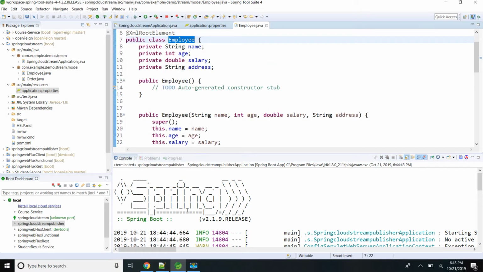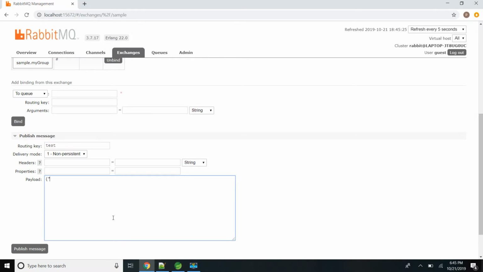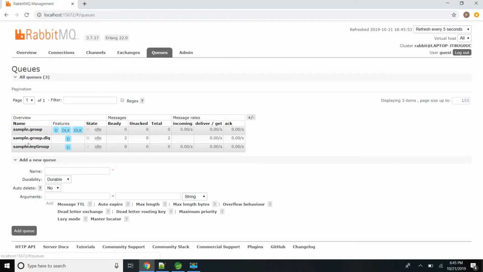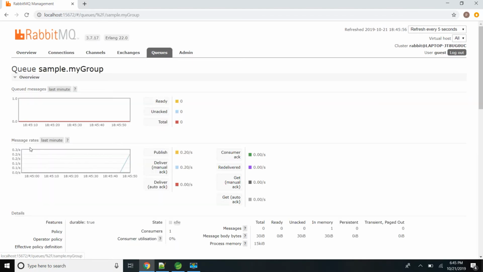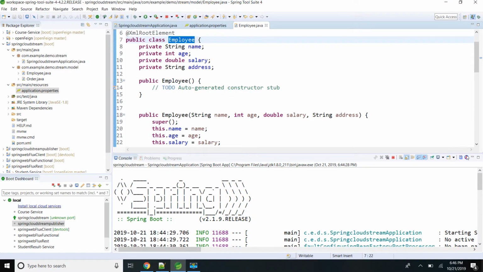It has name, age, salary, address. Name is Ram. Salary, I'm giving some 20,000. I'm just going to publish this message. So now my message is published. If I come to my queue, I should be able to see one message. See, now if I come to the console, I can see